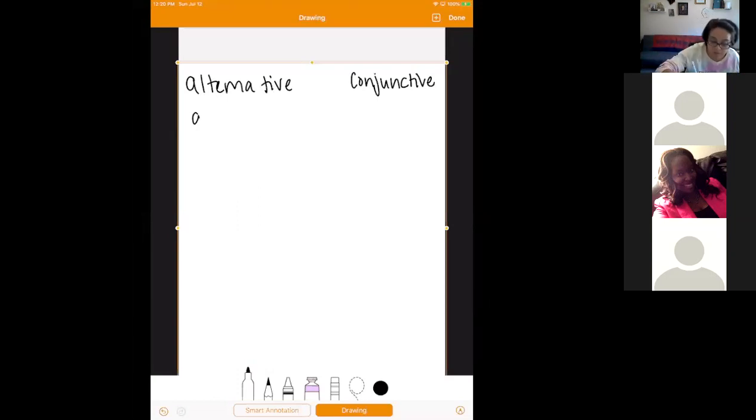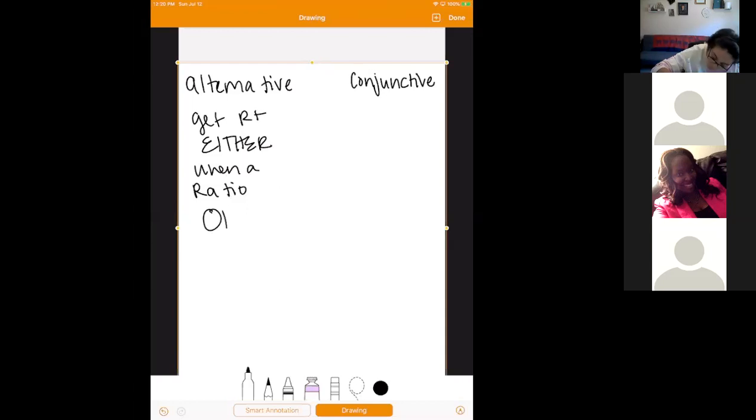Alternative is you get reinforcement either when a ratio requirement is met or an interval requirement is met. Either or. Super simple way to remember alternative. Either or. So an example of this is